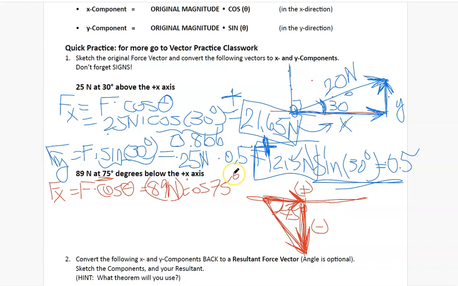You could use negative 75 degrees. Let's use 75 degrees and then we'll assign signs afterwards. We plug this into a calculator, and so you're going to do the cosine of the 75 degrees first. That'll be easier to do on the calculator. Usually multiply it by 89 newtons, and you will get